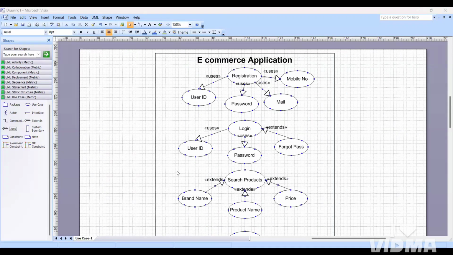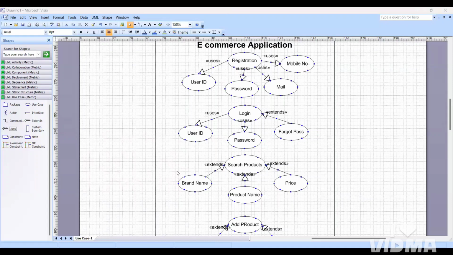Here, let's understand, guys. You have to give the actors. Here you need to assume who your primary actor is and who the secondary actors are. According to your application, you need to assume it. Who is your primary actor and who is your secondary actor? So coming to the primary actor,